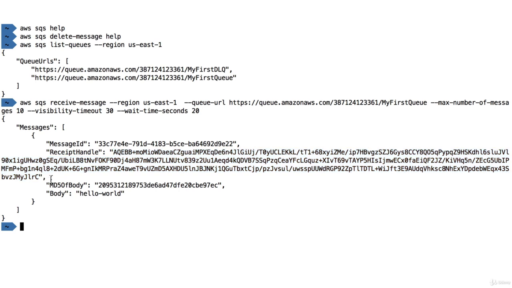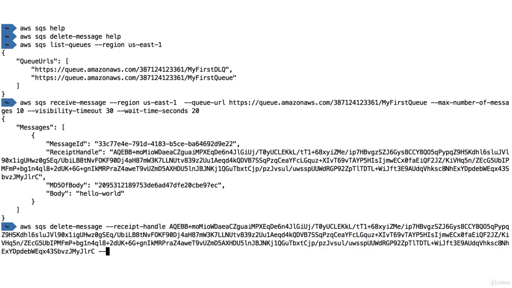And so if we go back to SQS, address SQS delete message, and the receipt handle is this one. So I copy this entire thing. The queue URL is the one from before. So I'll copy this entire URL. And then finally, the region is US East 1. And if I did it fast enough, now we get a success. The message should have been deleted.